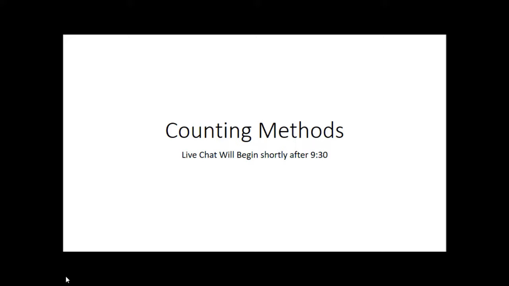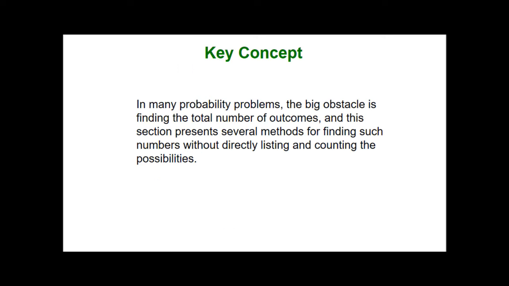Okay, so we're going to start with Chapter 4, Section 6, Counting Methods. And if you recall, we talked about probability in class last time. In order to explore probability a little more deeply, we have to be able to count the number of ways things can occur. So finding the total number of outcomes or ways things can occur is a challenge that we're going to use some